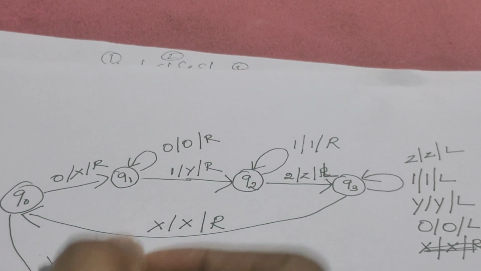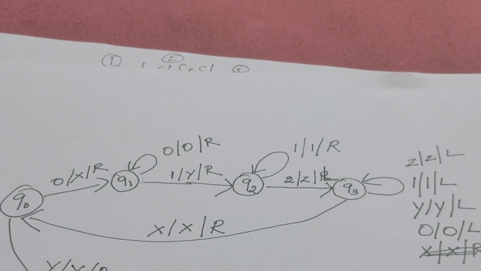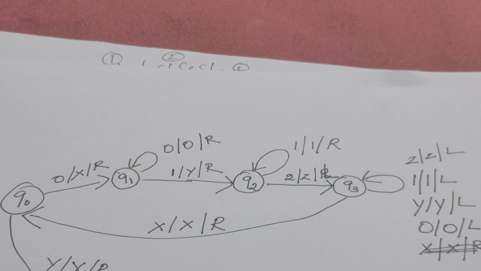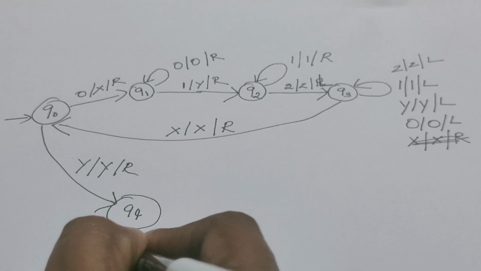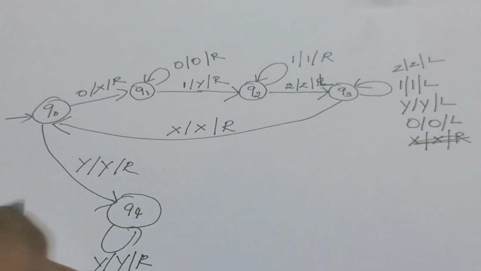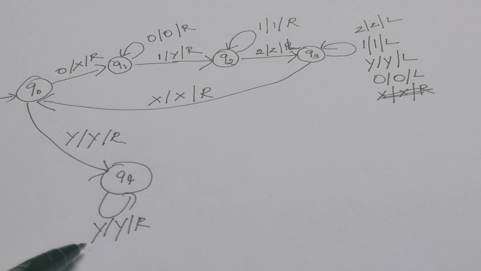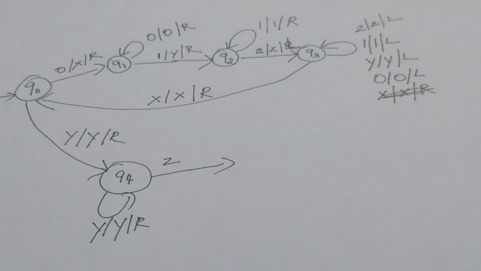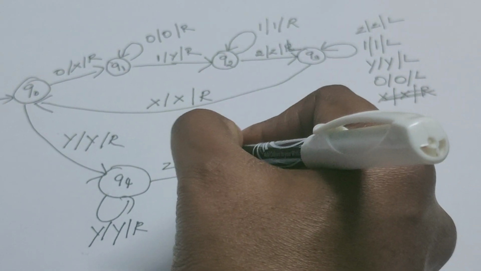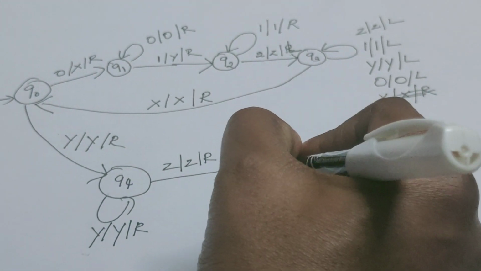That is what we are going to do now. From Q0, if it reads Y, allow your Turing machine to read that Y and change the state to Q4. Being in Q4, now it is going to read the rest of the Y's. As soon as it reads the first Y, the state is changed to Q4. There are some more Y's, right? You should allow your Turing machine to read these Y's also. Now, after reading the Y, the Turing machine will be reading Z. When it reads this Z, retain the Z as it is, but further move in the right hand side direction and change the state to Q5.